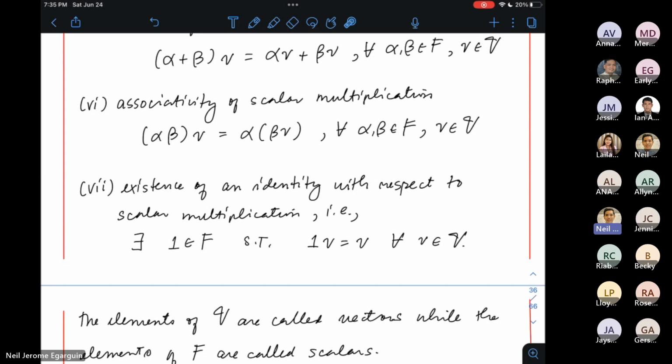Yes, Rose. Sir, when one of the conditions is not satisfied, what is it called? Usually, with a long definition like this, there are mini structures along the way. If, for example, you don't satisfy property number 7, or property 6 but satisfy all the others, it may have a name. But for us, if even one is not satisfied, we don't consider it. As far as linear algebra is concerned, that structure isn't enough to get the ideas we want. So we'll just say they are not vector spaces when one of these doesn't hold, and we won't give them a special name.